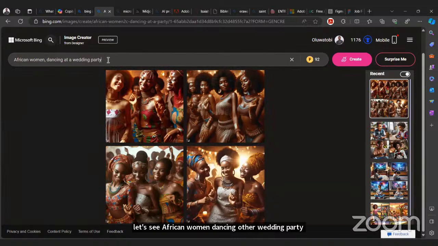Women in native attire, beautifully adorned, in a large